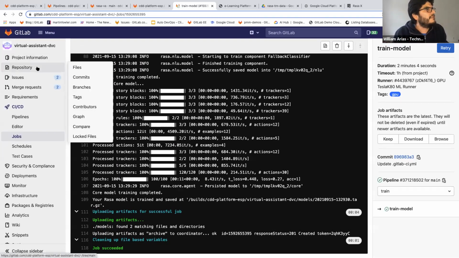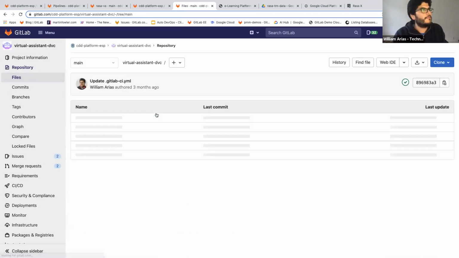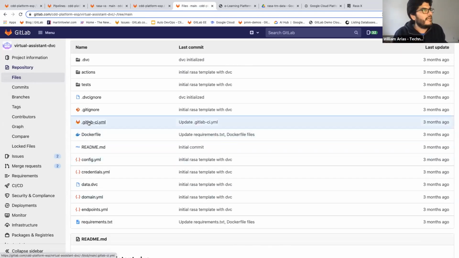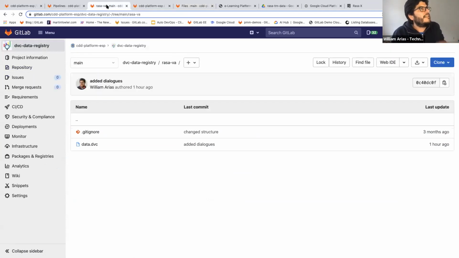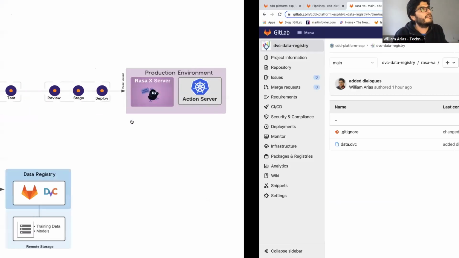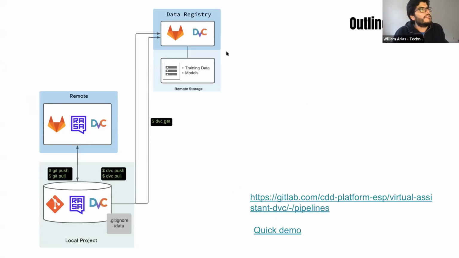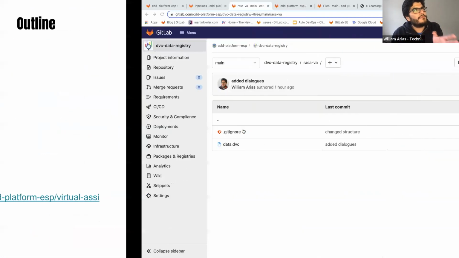So this is a virtual assistant following the Rasa scaffold of the project, where I don't have the training data in the Git repository. I have it in an external storage. Because, and you can think in terms of scalability, you could have a team dedicated to populate the dialogues. And this team just needs to know that they will run some commands and put these dialogues into the data registry here. And then you will take care in an automated way of the steps to train and test